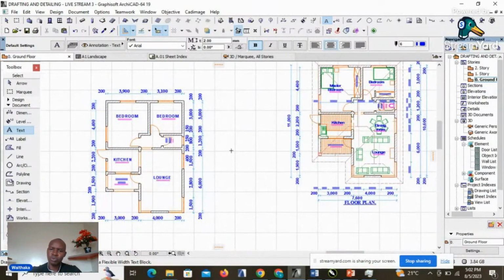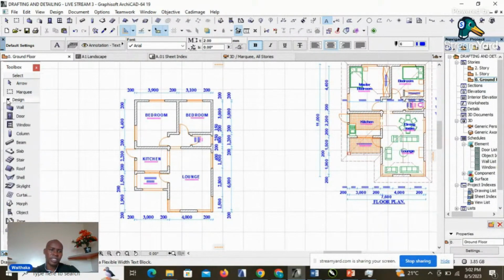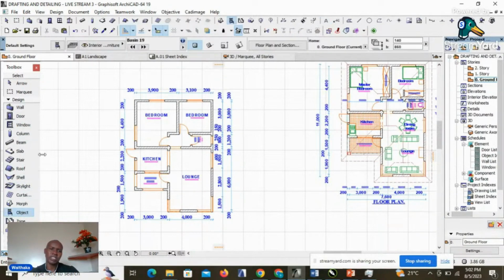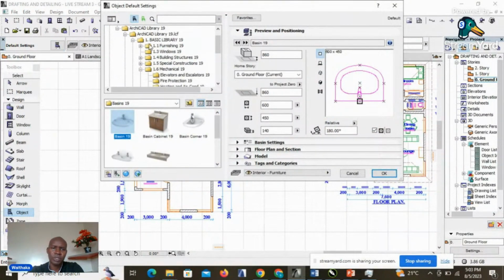Again, for us to be able to do that, we'll go to our toolbox. Under design, we choose the object, just as we saw the other time. Under object, we still have so many objects. We have the basins, we have the bathtub, we have the sinks. All those are there. If you scroll along this preview window, you can see we have the furnishings, we have